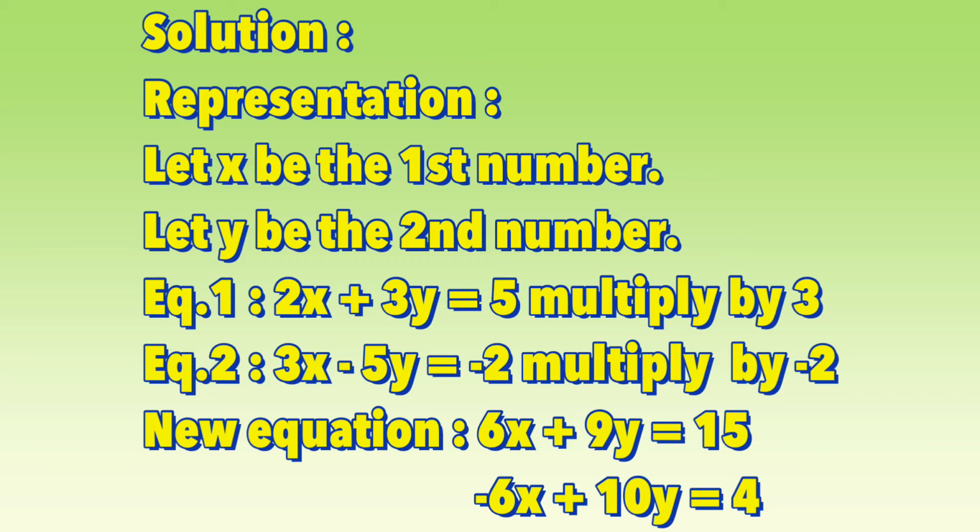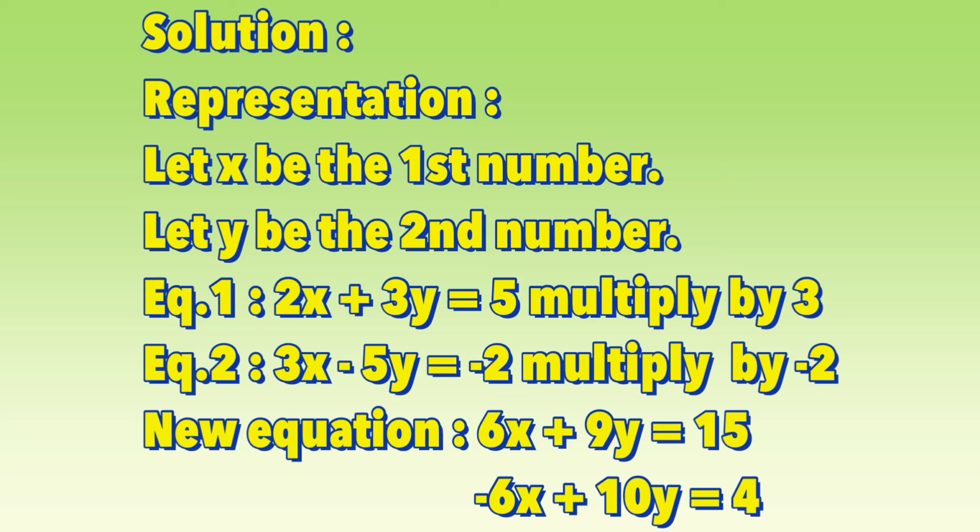Okay, equation 1, 2x plus 3y equals 5, we're going to multiply this by 3. And equation 2, 3x minus 5y equals negative 2, we have to multiply this by negative 2. Our purpose is to eliminate one of the terms, like x. We're going to eliminate the x. After multiplying, 2x times 3 equals 6x, 3y times 3 equals 9y, 5 times 3 equals 15, then 3x times negative 2 equals negative 6x, and negative 5y times negative 2 equals positive 10y, then negative 2 times negative 2 equals